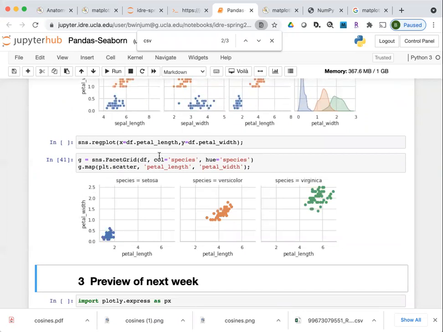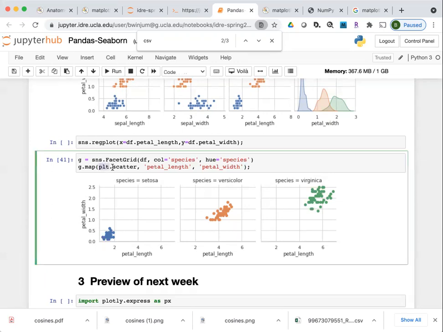So with a facet grid, now I'm not just generating one graphic, I'm generating 3 different graphics where all I've done to specify this is say that I want to split the data into columns based on what their value for this species column is. This just sets the color based on what species is. This is the data frame. And then for this particular object, which is generated by FacetGrid, this is how I want to generate the plot. So this is Matplotlib syntax, plt.scatter will give you the scatter plot, and this is the horizontal and vertical axes.